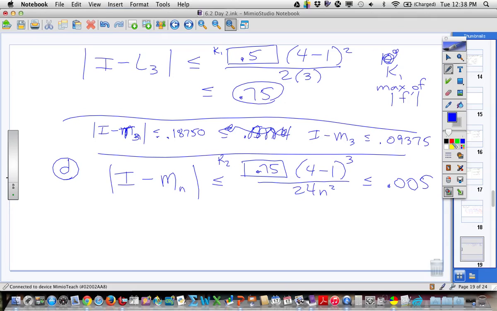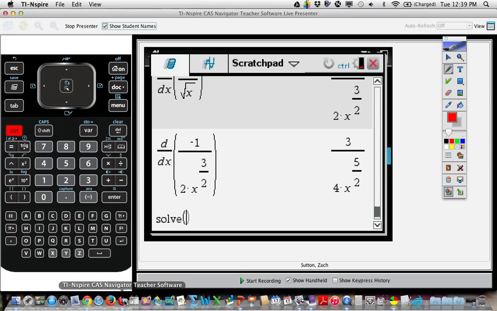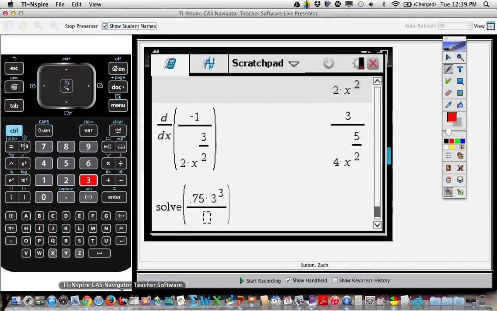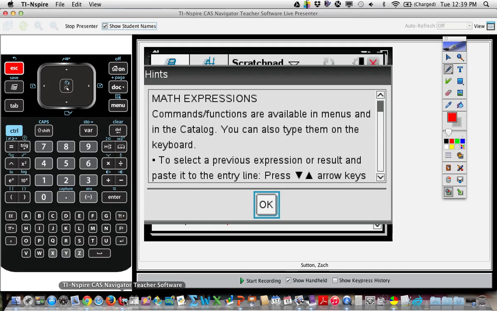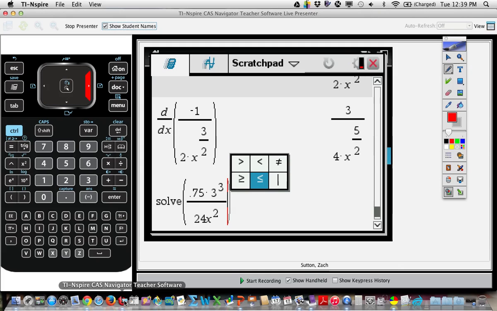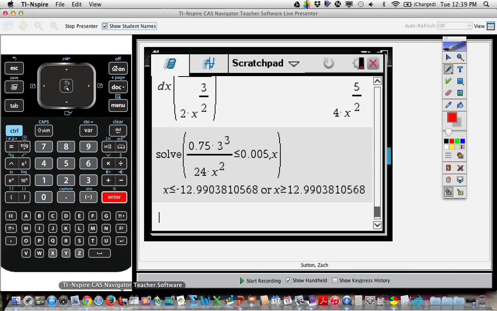Now this part, we can just solve on our calculator. So go ahead and do that, Zach. So we can just type that in and do a solve on that. And you should come up with, see what he gets here. 4 minus 1 cubed over 24n squared is less than or equal to 0.005, comma x. So we just solve that equation, and we can ignore the negative one, and so n is greater than or equal to 12.99, so we would put